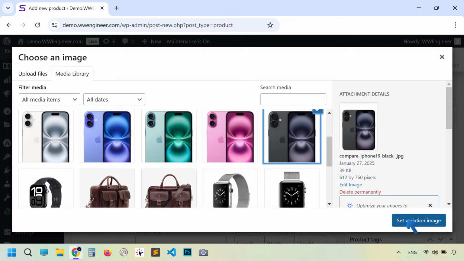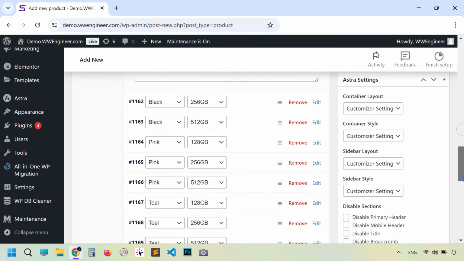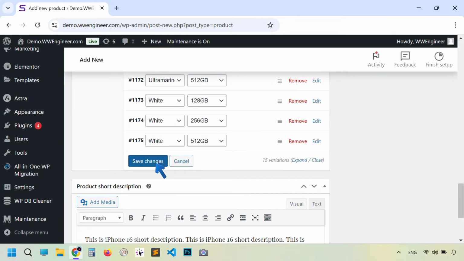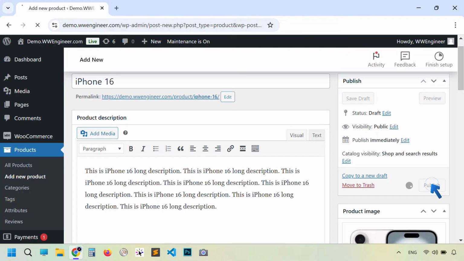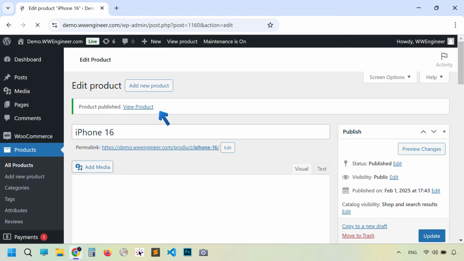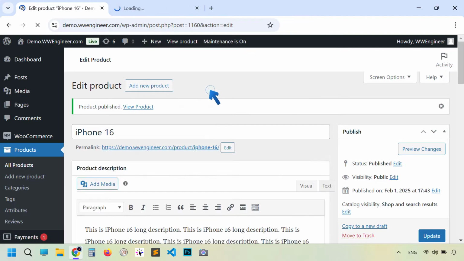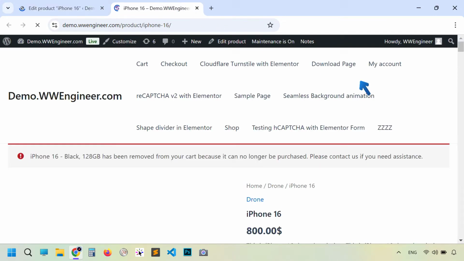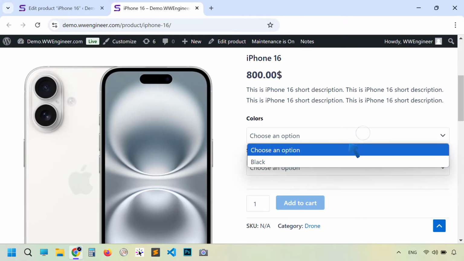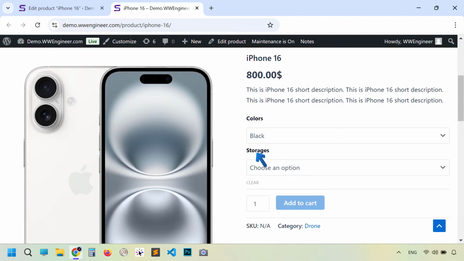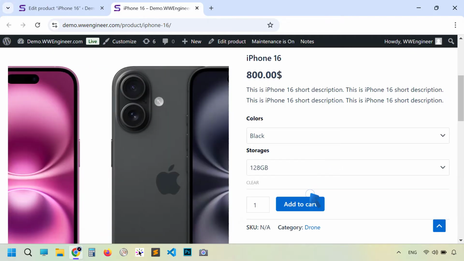This one, set variant. Now if I click Save changes and publish this product, and let's view this product, scroll down, and if I click this Colors variant, you see only black is available and its storage 128 GB as I told you.